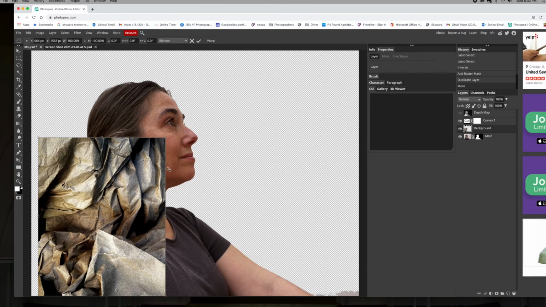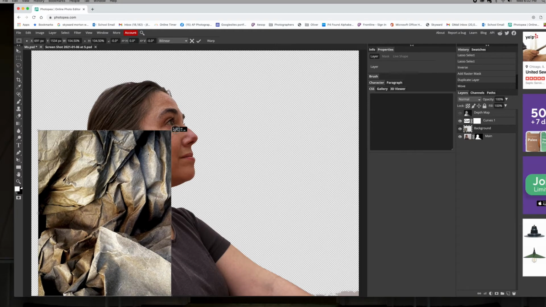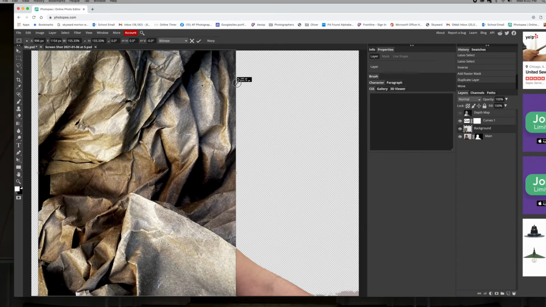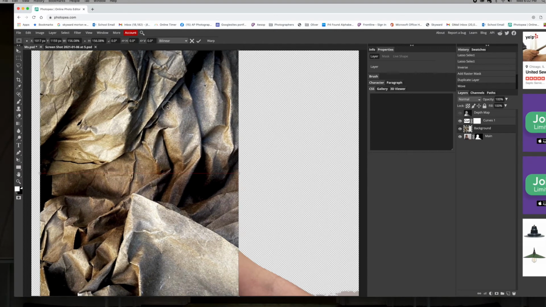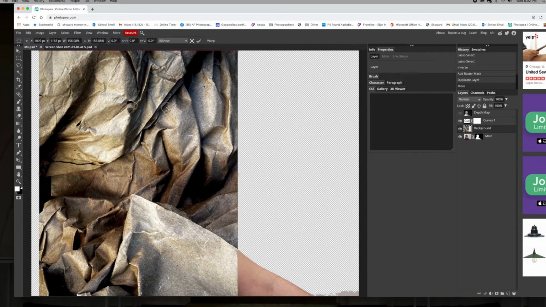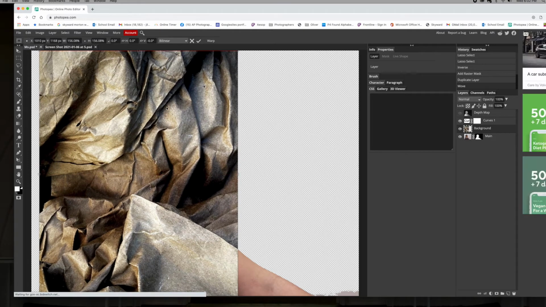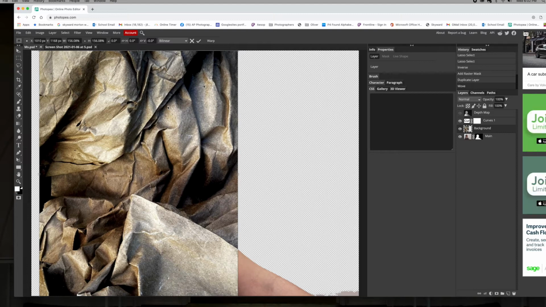because the picture is too small. I am going to hold the Shift key once I get the transform tool to make this bigger to keep it proportional. To be honest, since this particular picture is an abstract anyways, it's just texture, you could probably stretch it and it's not going to make a difference. If you have something that has more of a real picture in it, then you might want to make sure